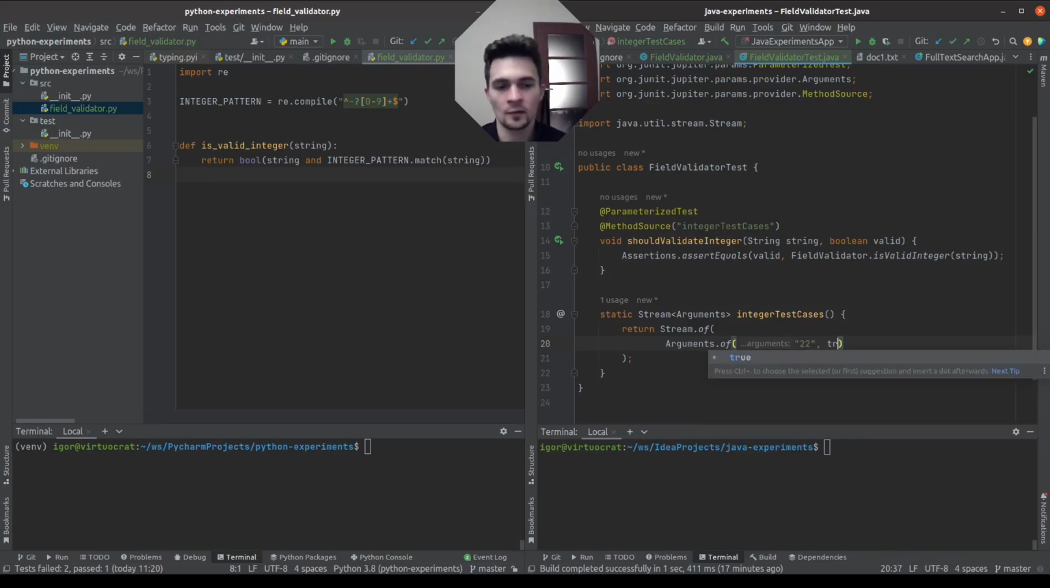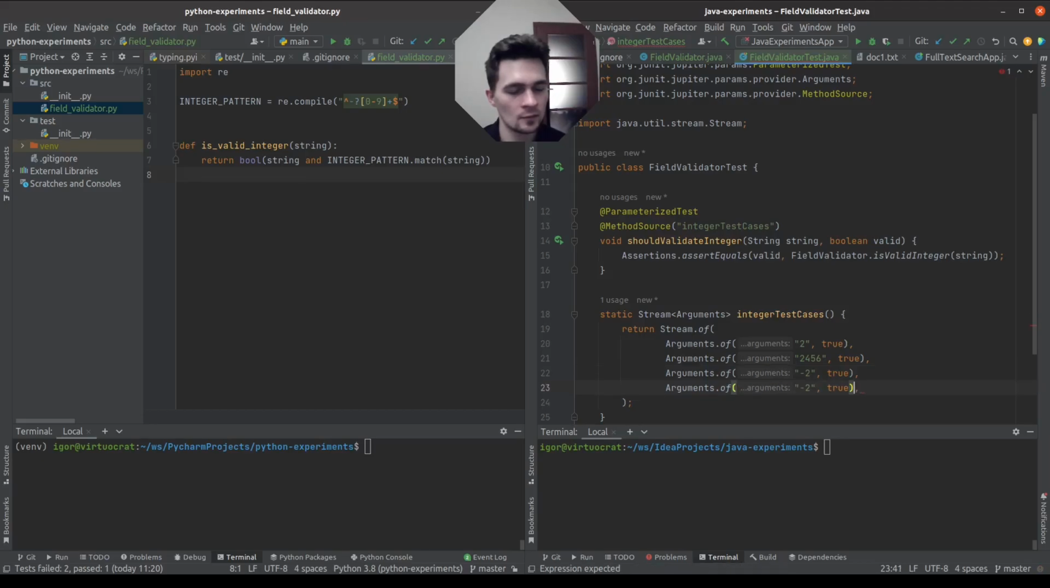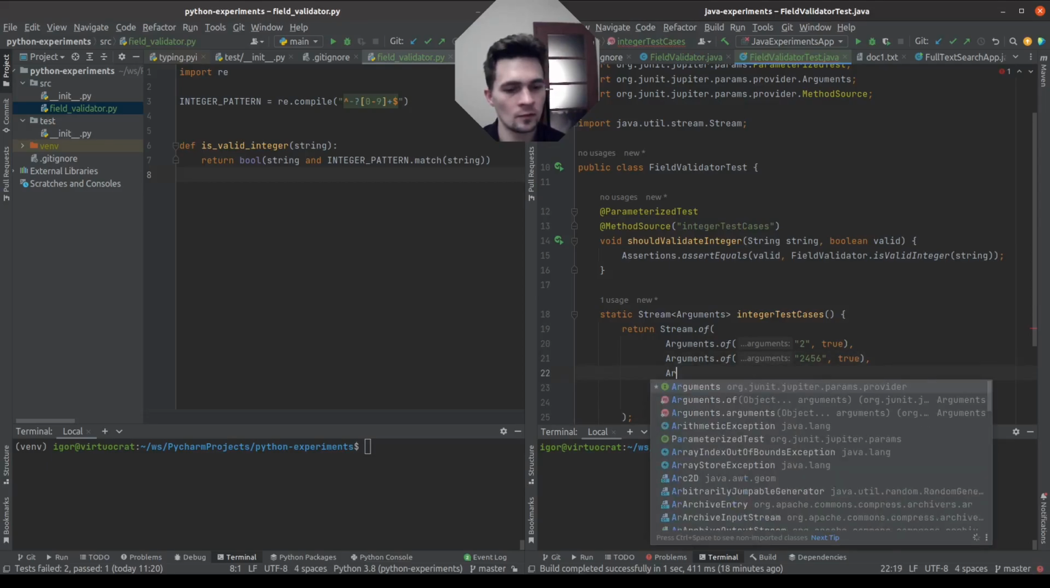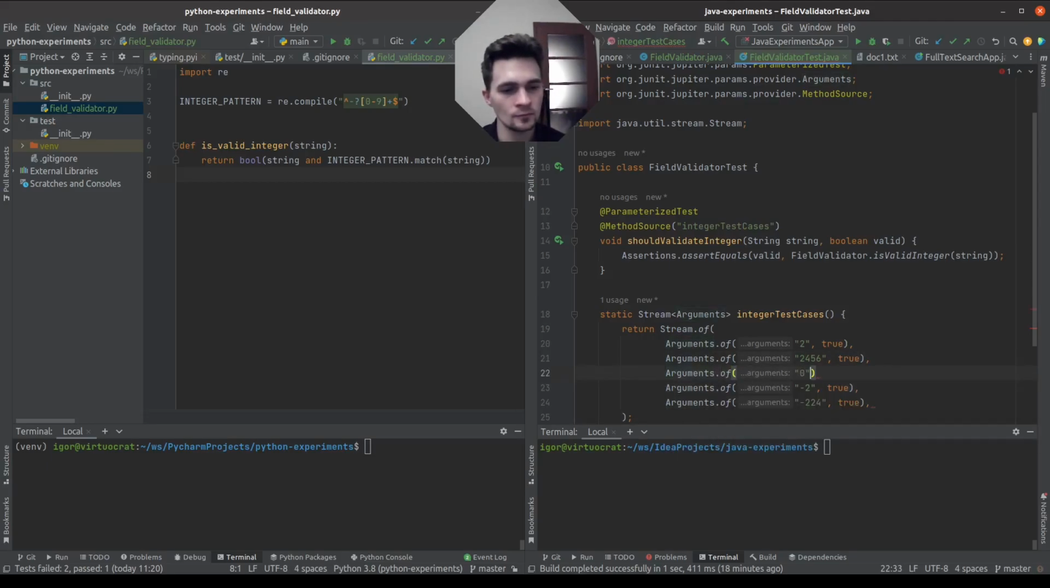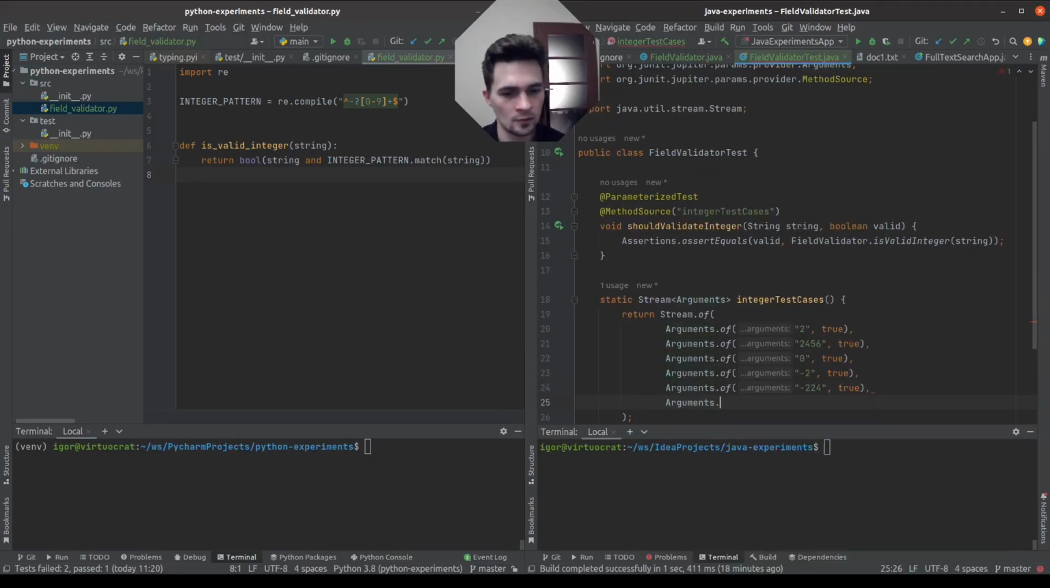So here we have cases like 22, it is valid, then let's say minus 22, it should also be valid. Let's maybe do 2, then a few digits, I don't know, like that. Same with minus. Let's maybe do also 0, like that. And let's do ones that shouldn't pass, like empty,